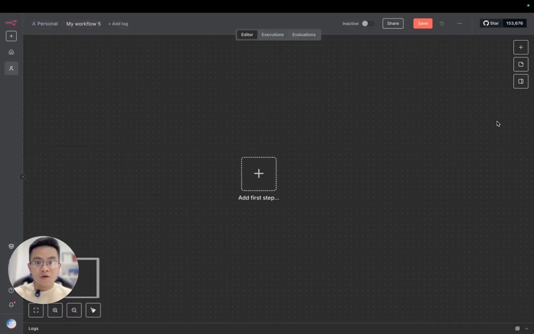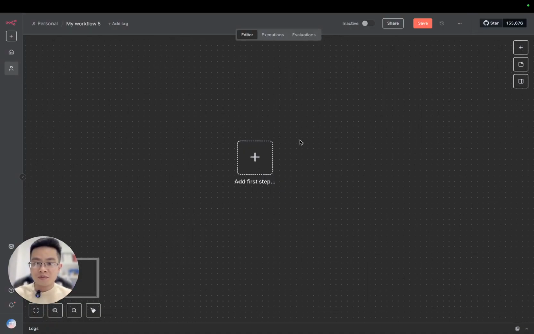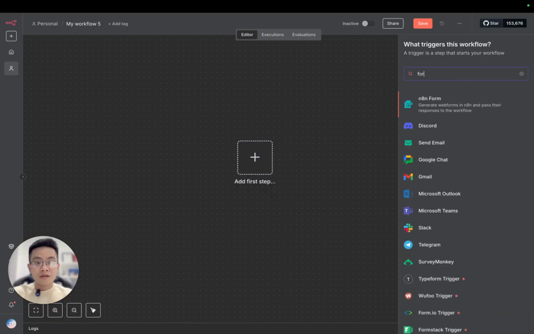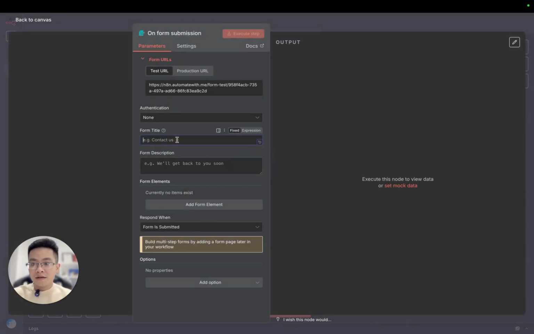Okay, and this will be for the first example. I'm gonna show you how to use Google Sheets in write mode, right? So you're gonna submit a form and then save the data into Google Sheets. How can you do that? Okay, so let's use the form trigger,